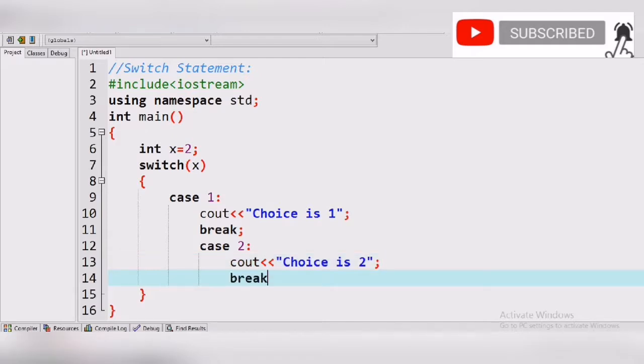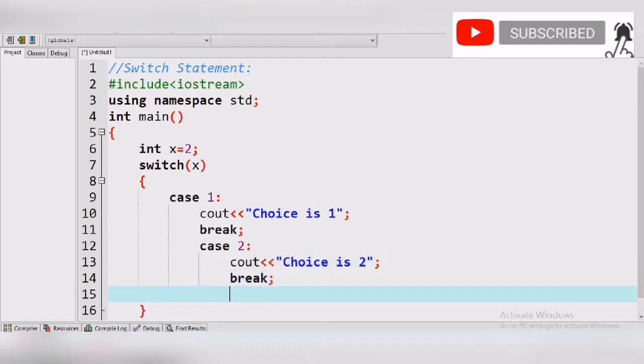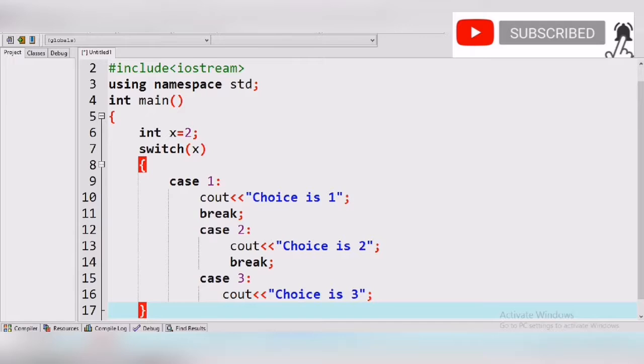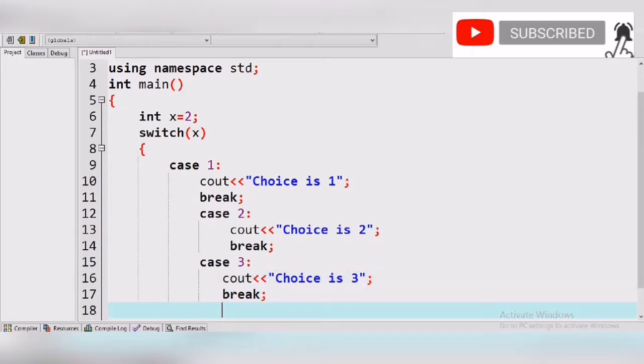Okay, break and go to case 3. If case 2 is false, then go to case 3, cout: if the value of x is 3, then show "choice is 3". Okay friends, then break that statement and we go to the default statement.